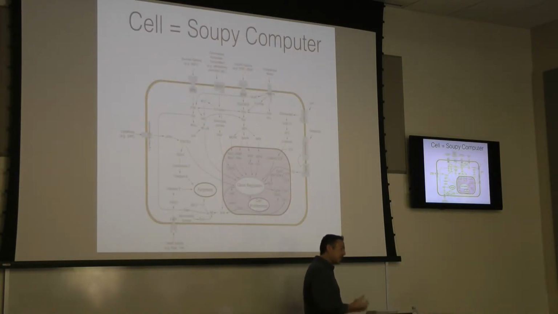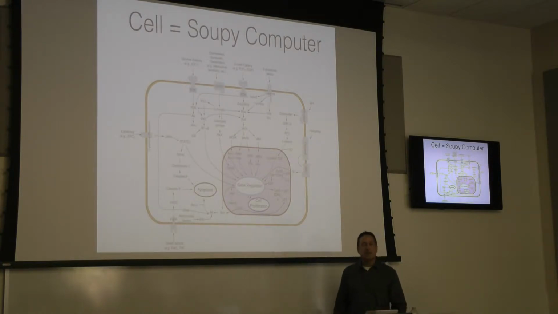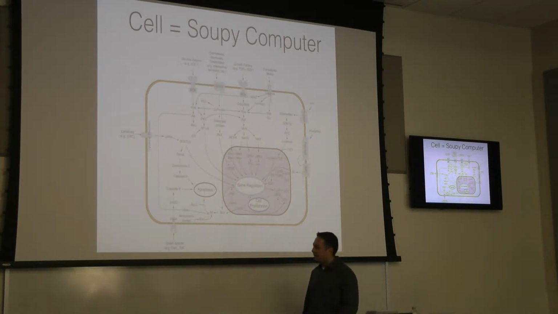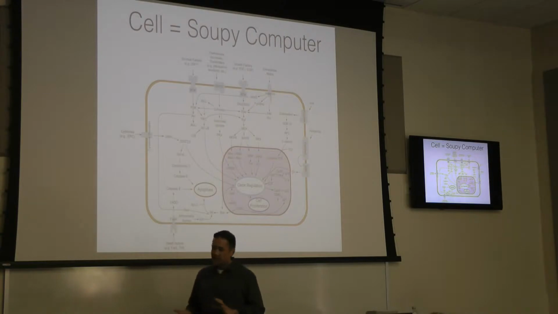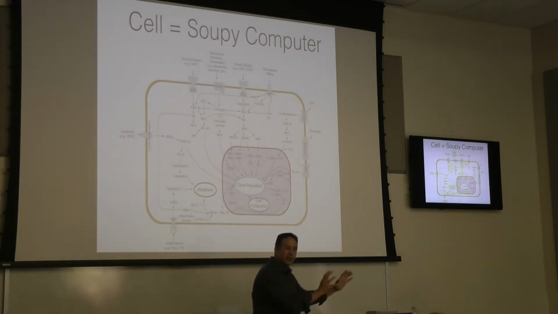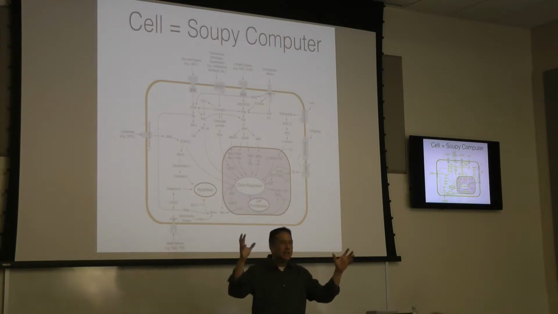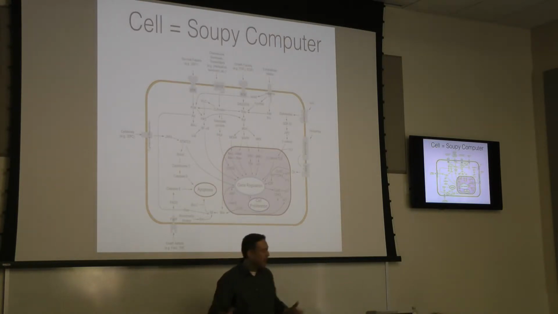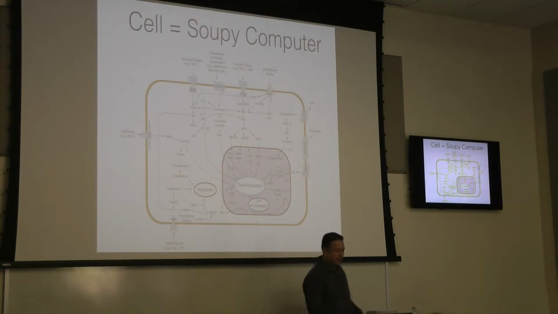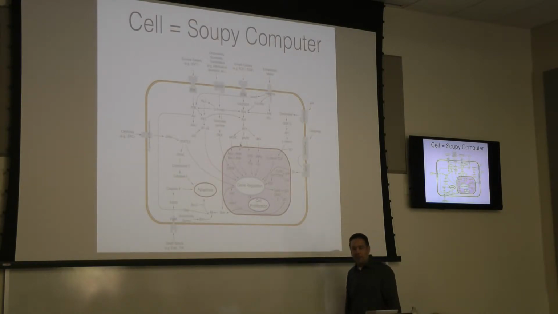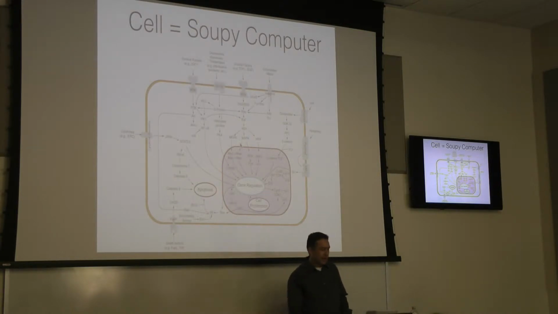So the cell as a whole is this very interesting kind of soupy computer, is how I've been thinking of it. It's not like the kind of computer that's all dry and clear and laid out. It's these paths of chemical reactions happening in this incredibly complicated 3-dimensional medium. So this is a picture of a cell signaling pathway. That's a tiny fragment of the many pathways that are out there.